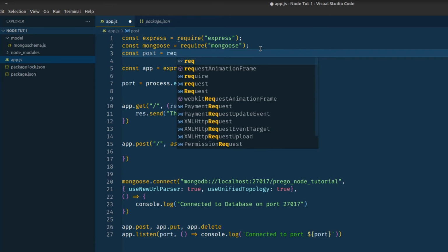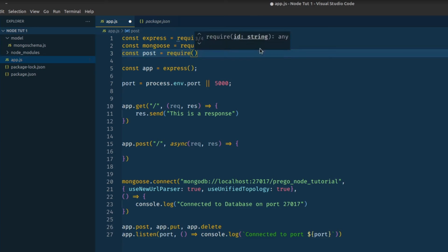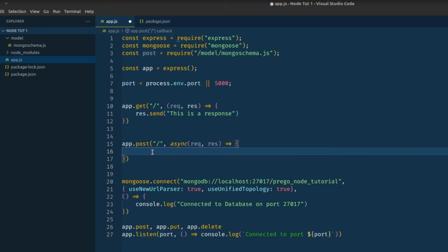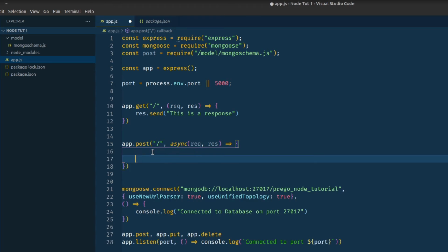require, first bracket, then ./model/mongoSchema.js. All right, now this schema is provided to this constant variable which is post. So we are going to use this post to create a new schema over here, which is constant userPost,